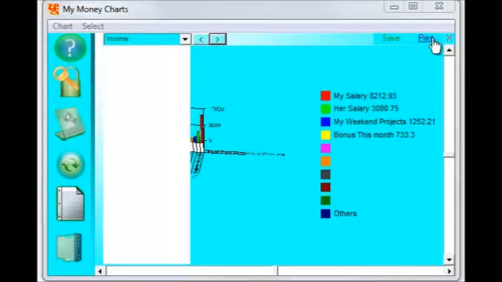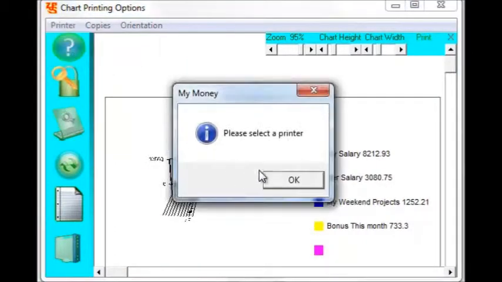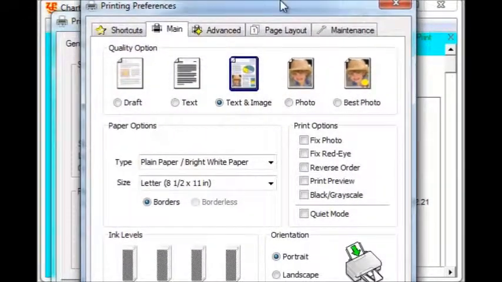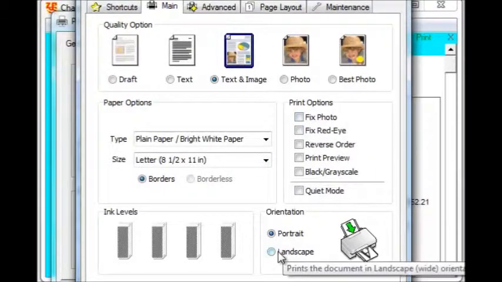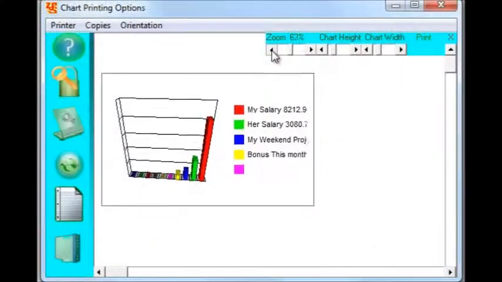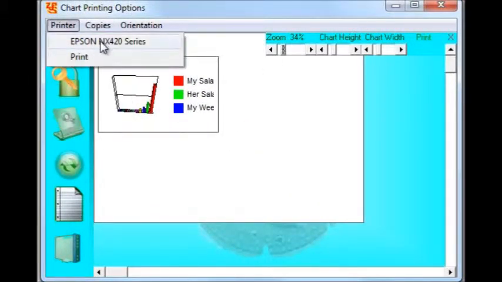In the print area also, the copies, the printer default, and preferences are also accessed through the printer itself, printer properties. So there, let's say for example we change to landscape here, and we say okay, so My Money took information from the printer itself, Epson in this case, and applied it to this report printing